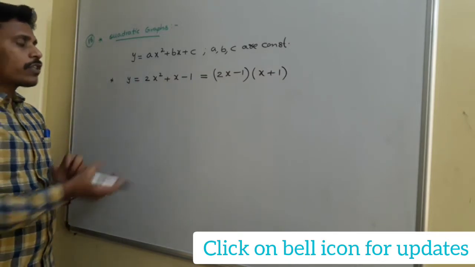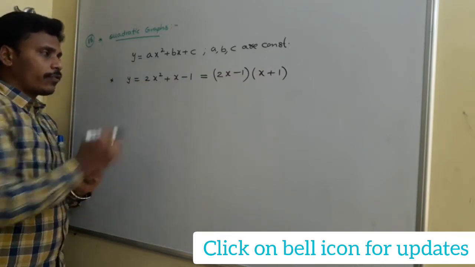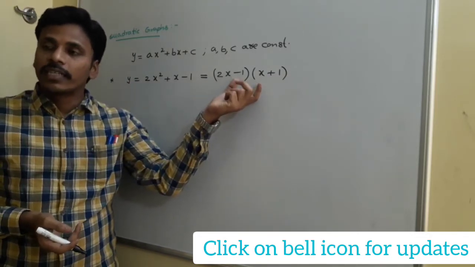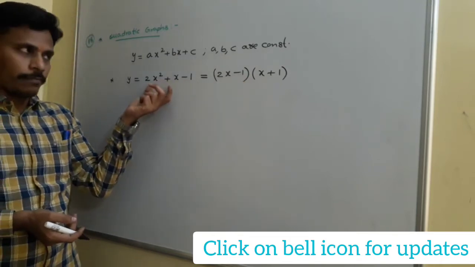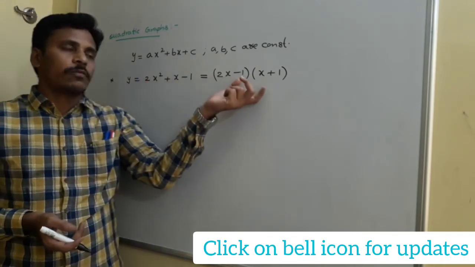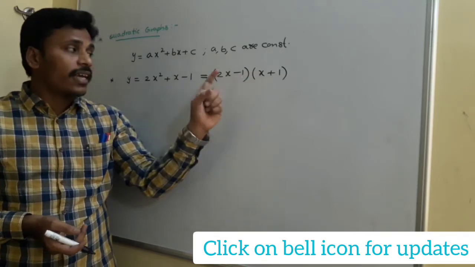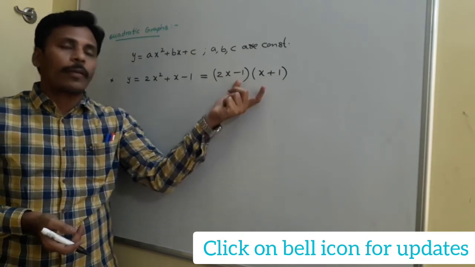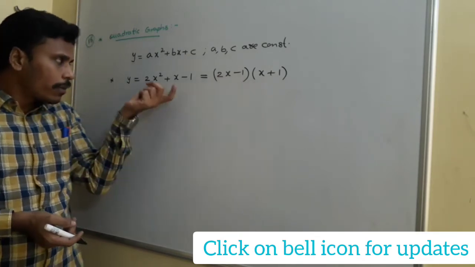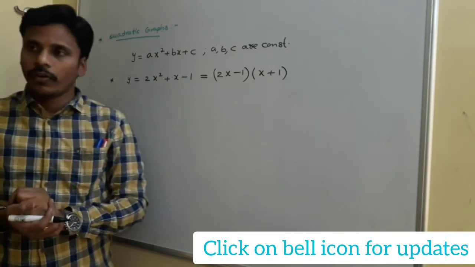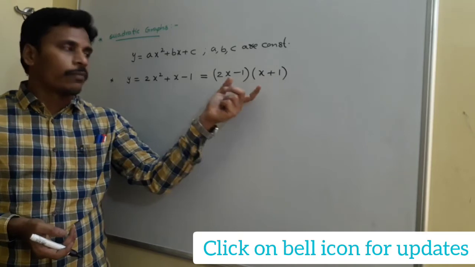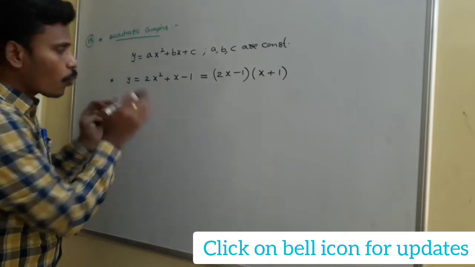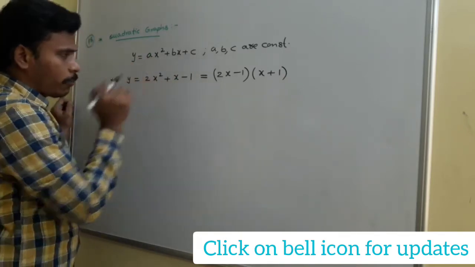So first of all, to draw the graph of the quadratic expression, in one way you need to observe its factors, and these factors in turn represent the zeros of this expression. Since this is 2x minus 1 into x plus 1, if you replace x with 1 by 2, this is 0, the product is 0, that is y is 0. In similar fashion, if x is minus 1, the product is 0, and the y value is 0. This is one way of analyzing the given expression.